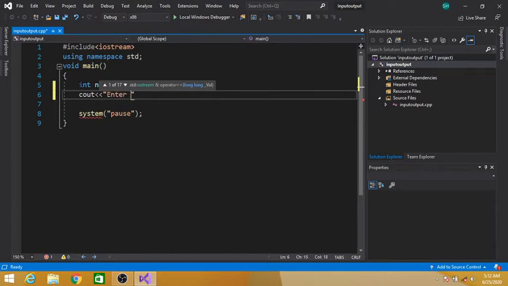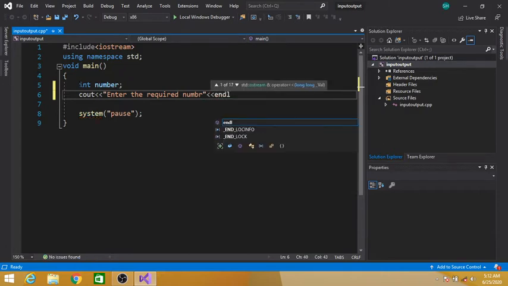We are taking input from the user. "Enter the required number", endl.